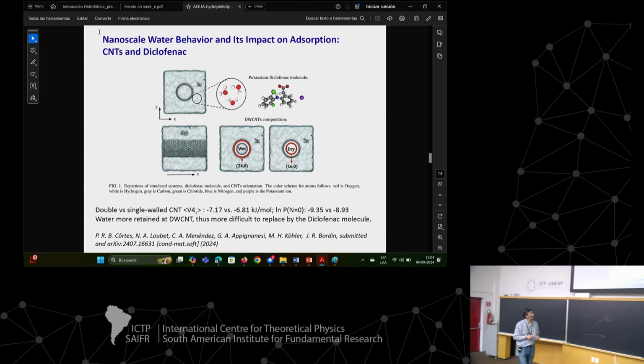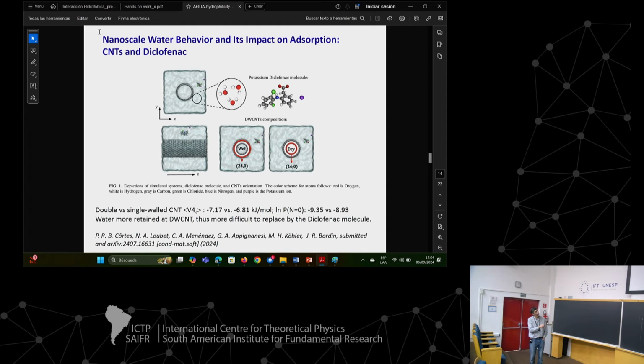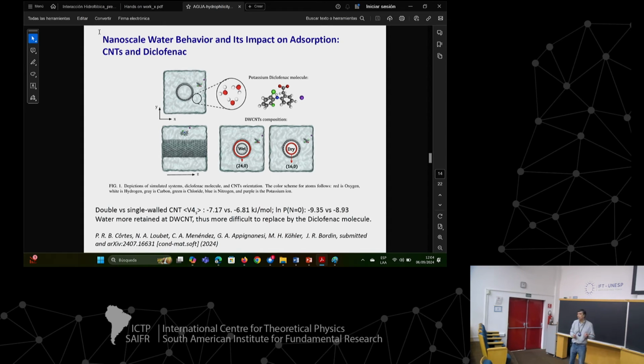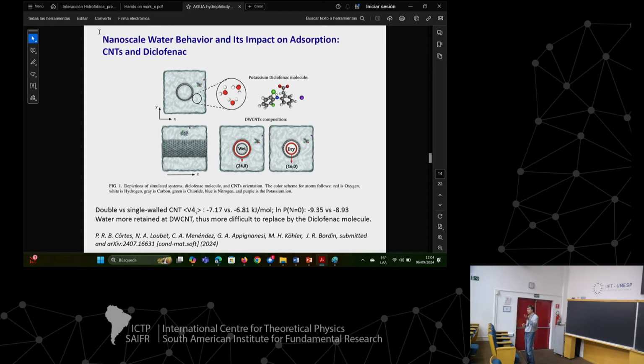The point is that when they had carbon nanotubes and they looked for the absorption of a diclofenac molecule, they found that the absorption was positive, so it was successful, and they had differences. I'm going to get into the details, but one of the messages was that when you have a double-walled carbon nanotube, the absorption was better than